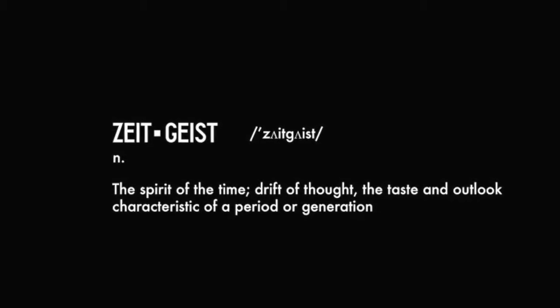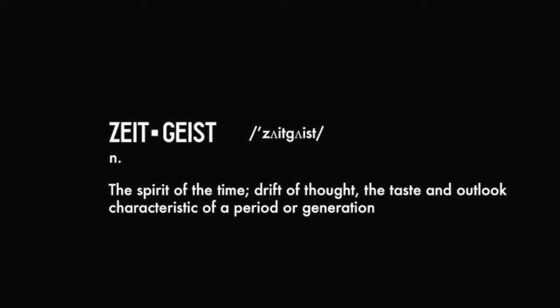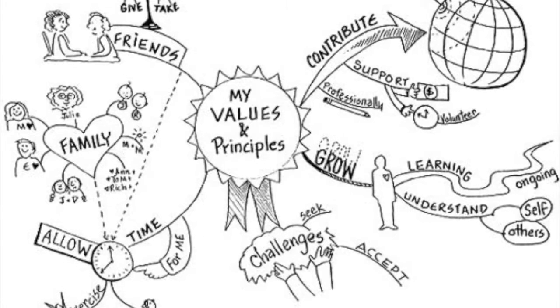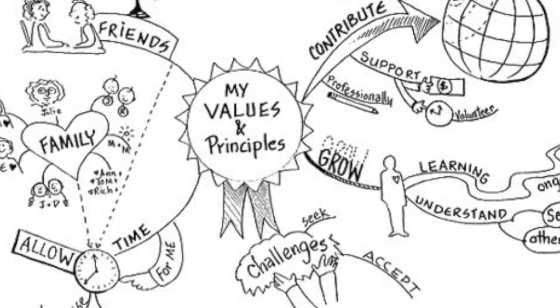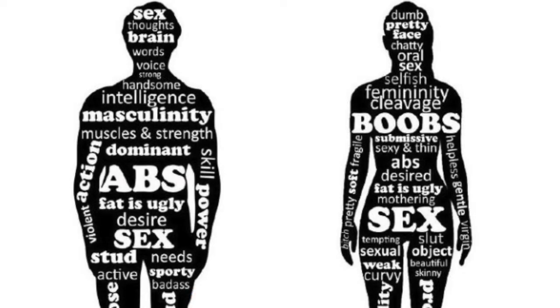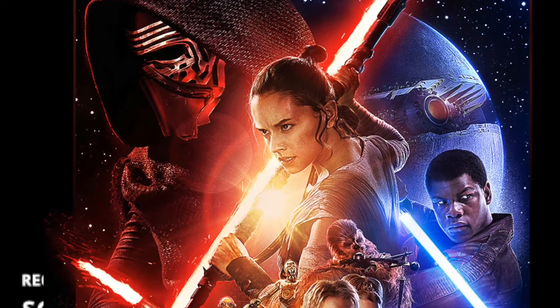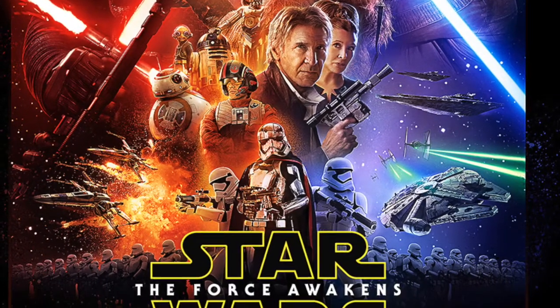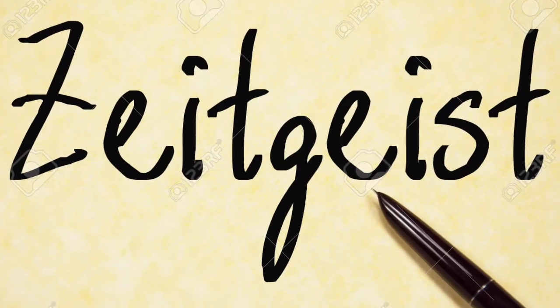What is the dominant set of ideals that motivate the actions of what we are viewing? How does it show what society really values at a particular period of time? Think about when you go on social media. What do our cultural values, based on what people are tweeting about or posting on Facebook, or what YouTube blogs or other type of media or news coverage or movies coming out in the theater, say about our society? What can they show us is the zeitgeist today?